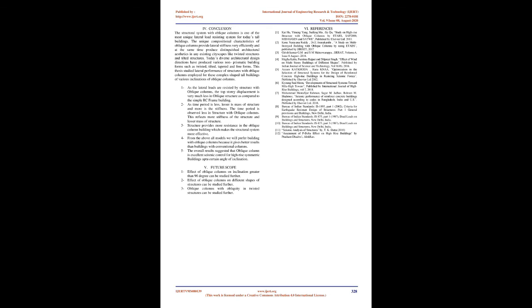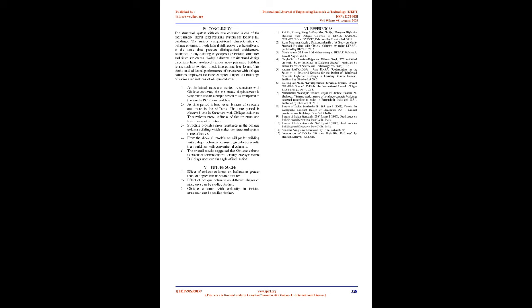oblique columns. 1. As the lateral loads are resisted by the structure with oblique columns, the top storey displacement is very much less in the oblique structure as compared to the simple RC frame building. 2. As time period is less, the mass of the structure is lesser and the stiffness is more. The time period is observed to be less in the structure with oblique columns. This reflects more stiffness and lesser mass of the structure. 3. The structure provides more resistance in the oblique column building, which makes the structural system more effective. 4. From all the above models we would prefer building with oblique columns because it gives better results than buildings